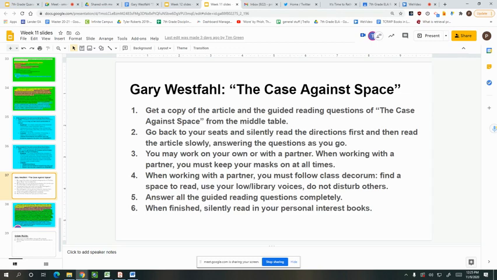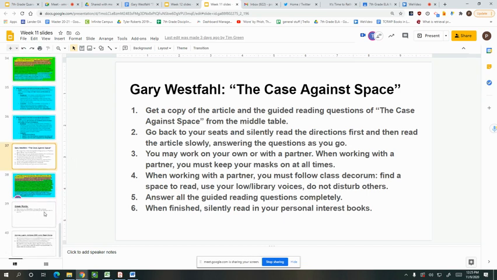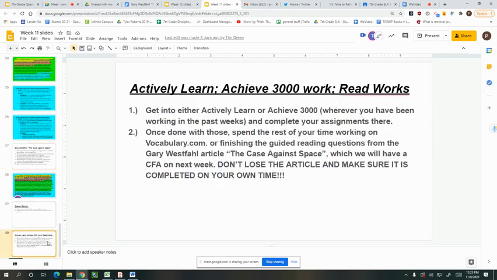This is the reading that we're going to use to help us on a CFA that we'll take this Thursday, which largely is looking at the term evidence, but also another shot at working with the terms argument and claim. And then we had an Actively Learn, Achieve3000, or ReadWorks assignment. Hopefully y'all have gotten on there, and if you haven't, that should be something else that you work towards.